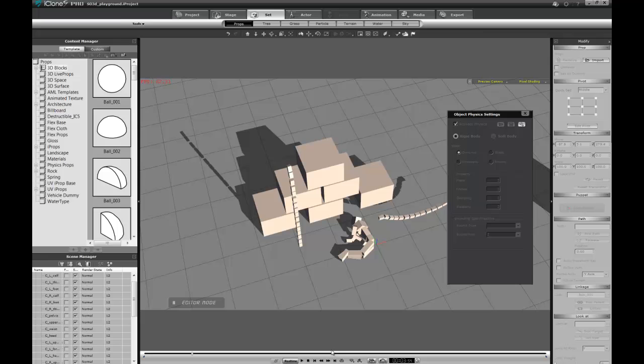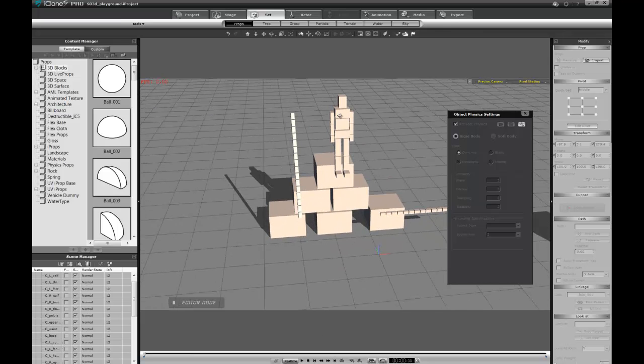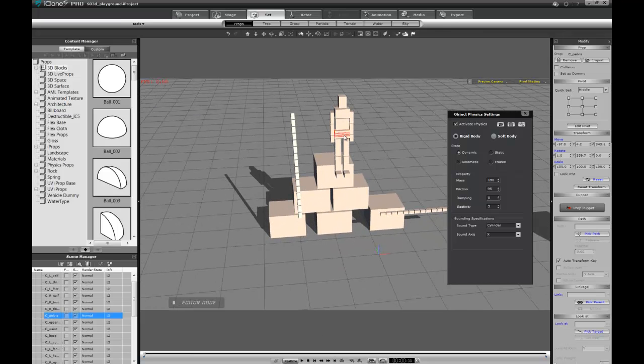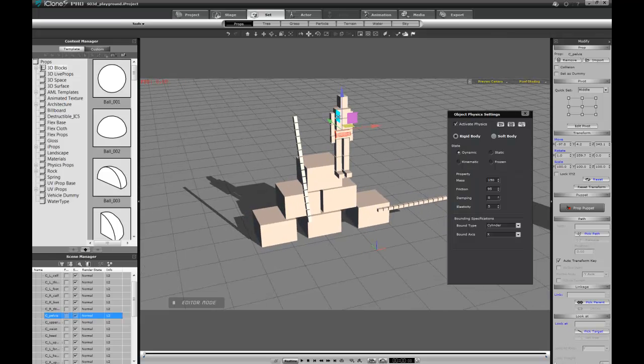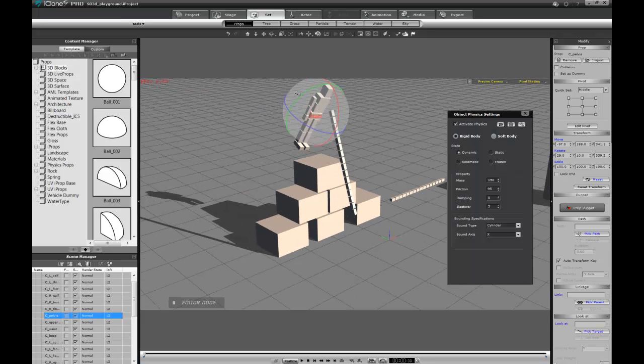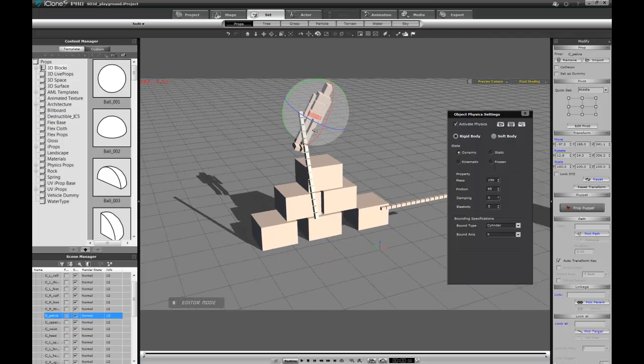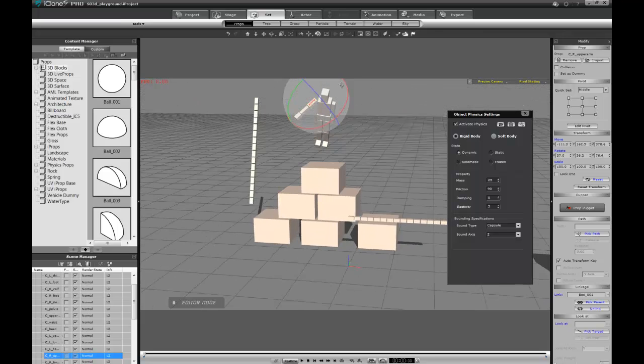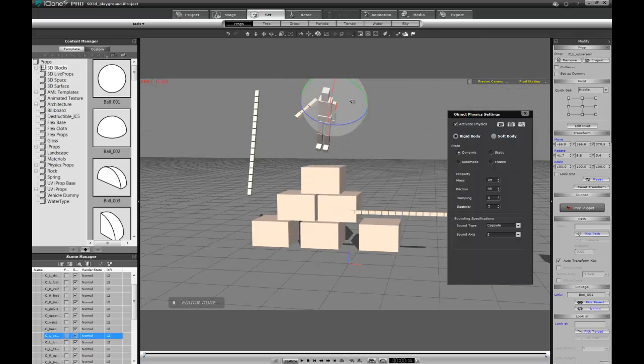There's the dummy falling down, which is what ragdolls are pretty good for. So I'm gonna go ahead and move this guy over here. I'm gonna move him like so, and then I'm gonna go ahead and just rotate him a little bit, like so and like so. And one of the nice things about this is that I can go ahead and pose my character in any way I want, so that you can match a movement of any of your avatars,